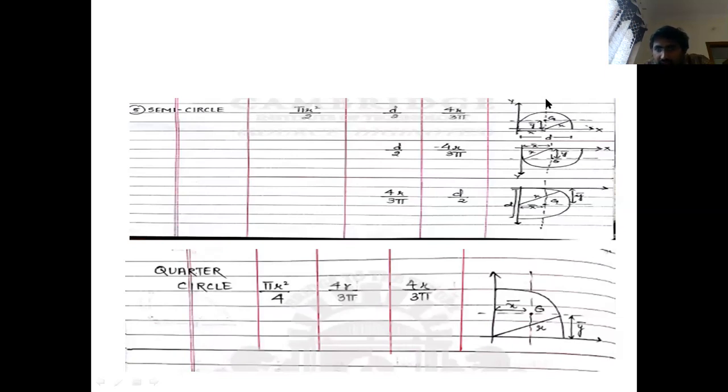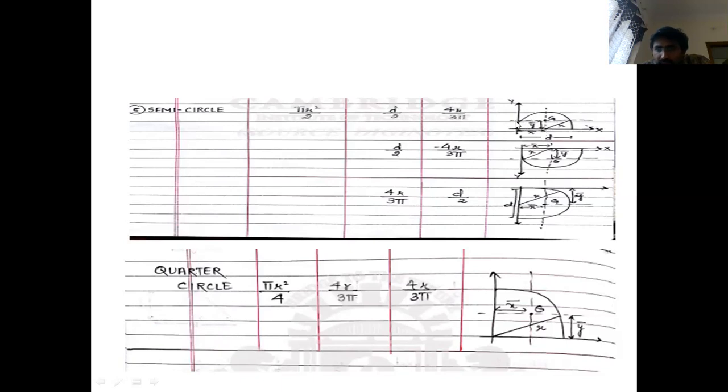Here I can cut your semicircle into two equal parts with reference to the vertical axis. That will be the vertical symmetrical axis. So I can fold the right hand side and left hand side in equal parts. Whatever the replica of this right hand side, I can exactly coincide here. So this acts as my vertical symmetrical axis. With reference to this, what is the distance I have from the OY axis to this CG? That will be d by 2. So from here to here you will get d by 2.